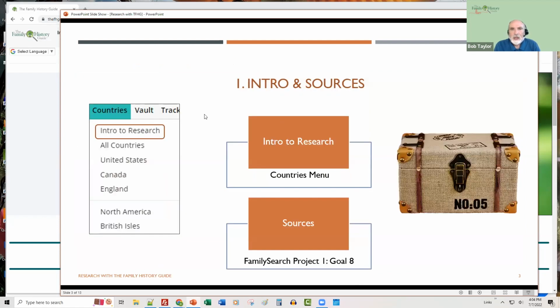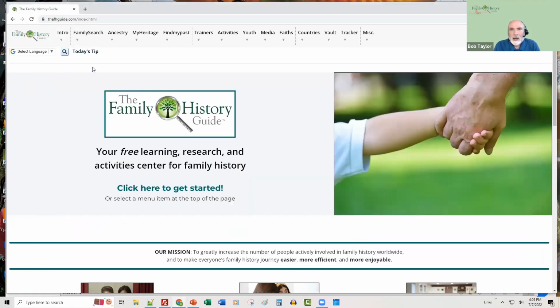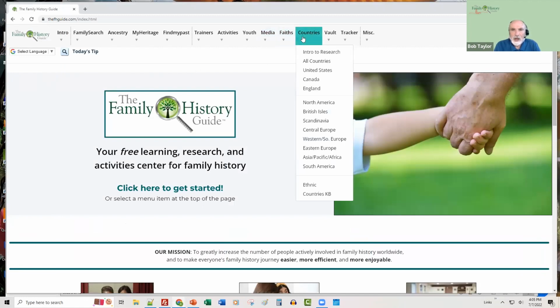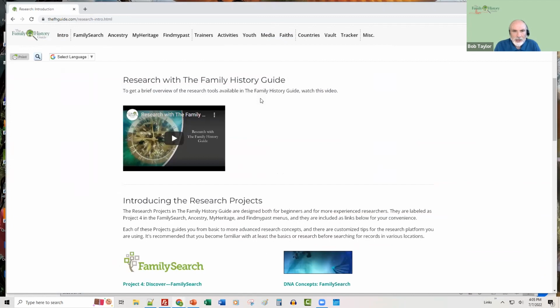So first of all, let's talk about introduction and sources here. So I'm going to go to the website now and give you a look at the intro to research that we have here. So when I click on the website, I'm going to go to the countries menu here at the top, and all of these menus, when you hover over them, produce drop downs. So if I go to Intro to Research right here, scroll down a bit, there's an introductory video, and then